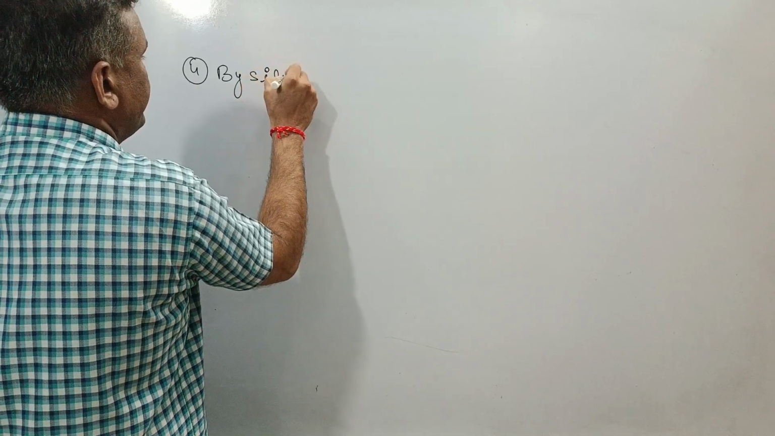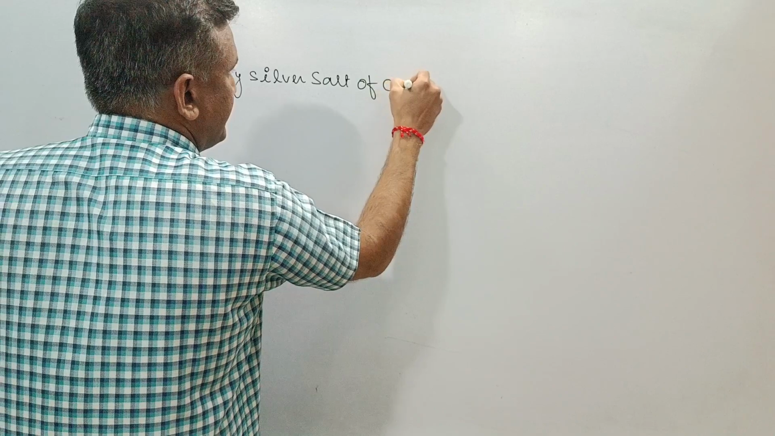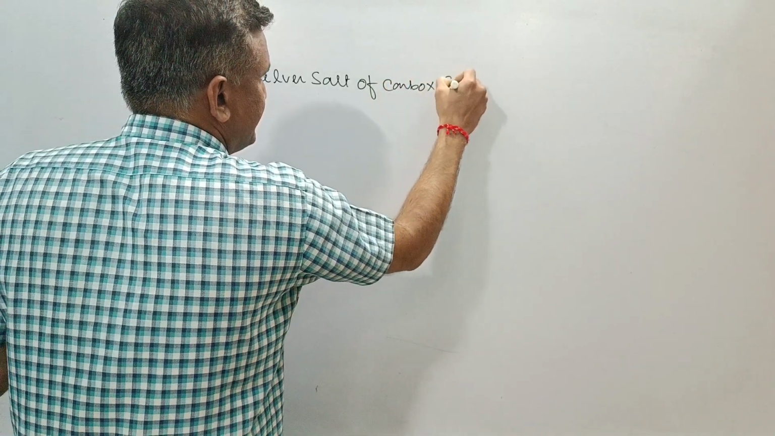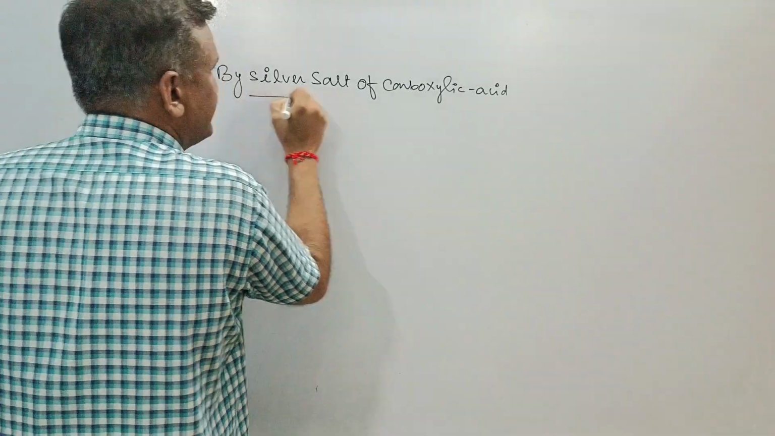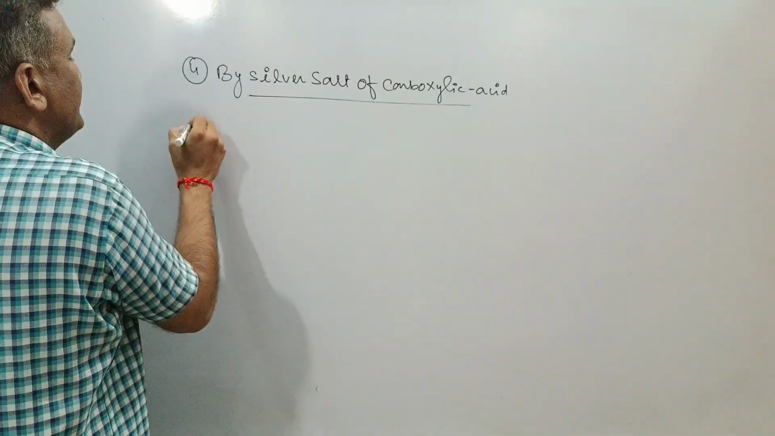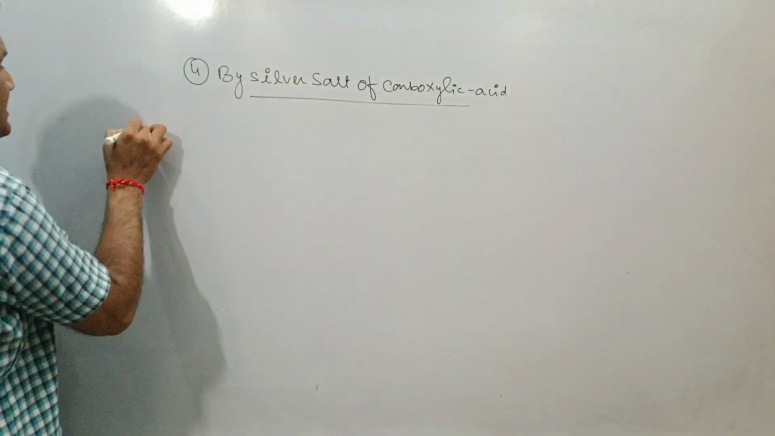The silver salt of carboxylic acid. This is the most important reaction also. How will I explain it? This is the silver salt of carboxylic acid. Suppose this is the